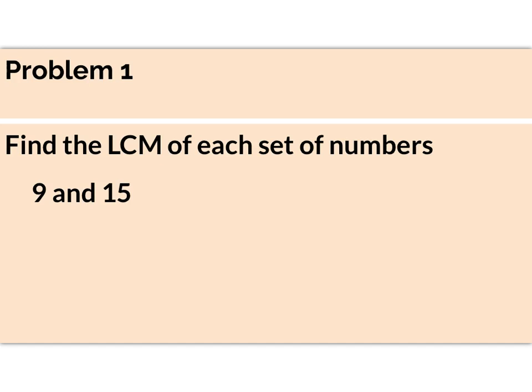The lowest common multiple of 9 and 15. So let's deal with 9 and 15 separately. Let's run through 9: 9, 18, 27, 36, 45, 54,